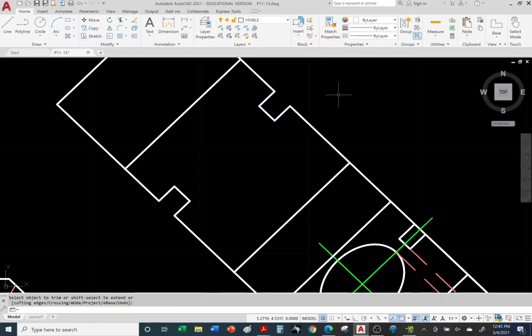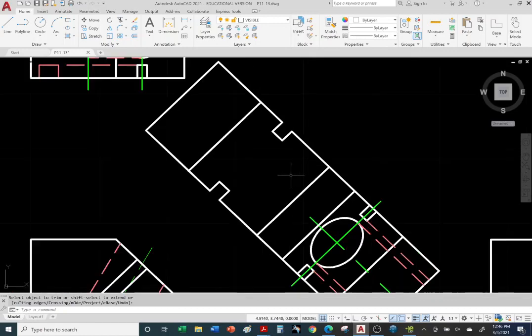Okay, and I will show the trim command more in depth in a separate video, in the next lecture video. All right, so there it is. We took care of the slots. Okay, so now we need to take care of the circular opening. All right, so